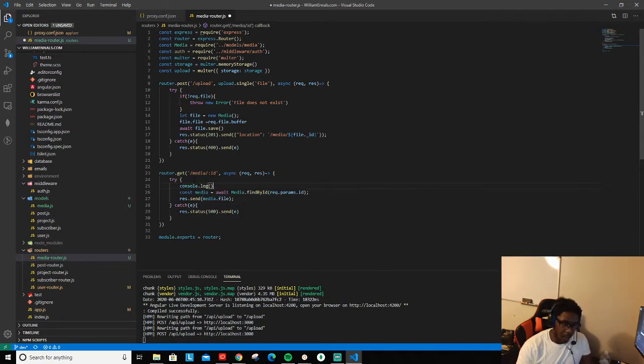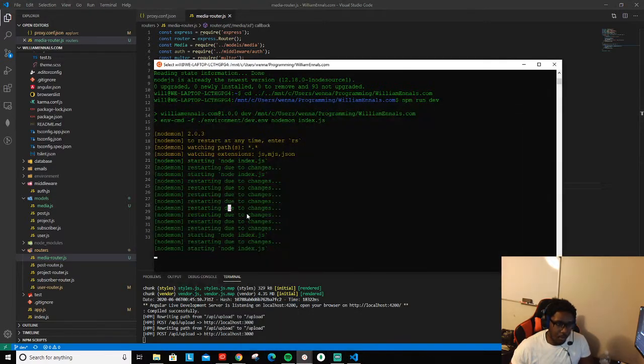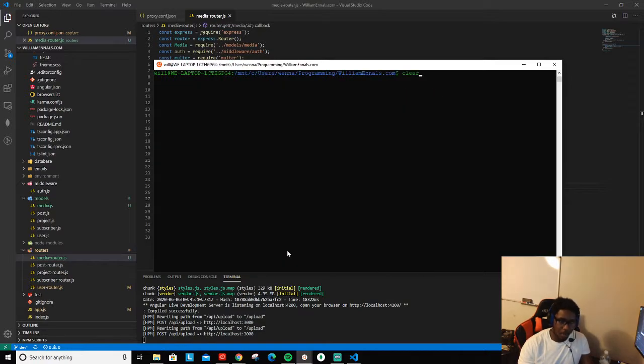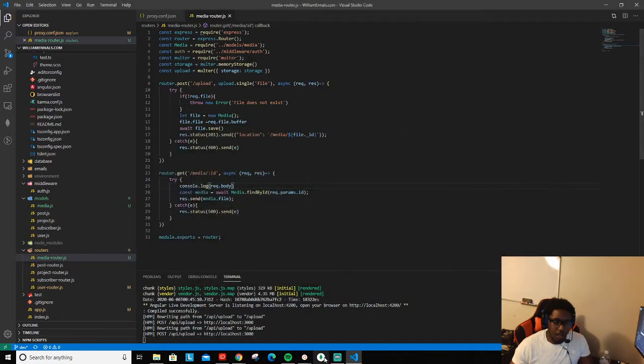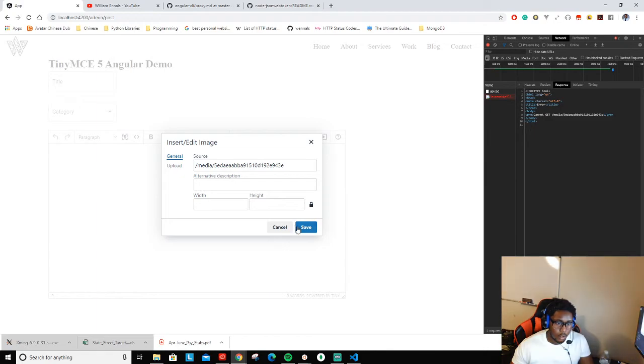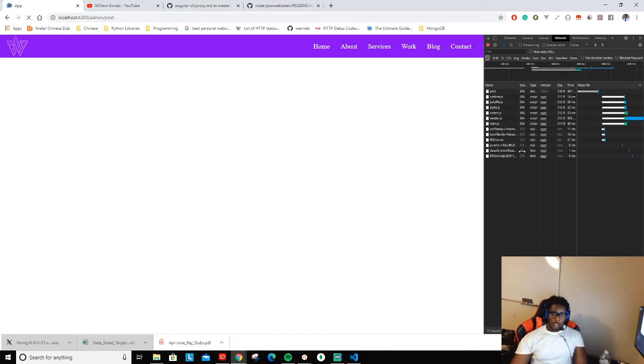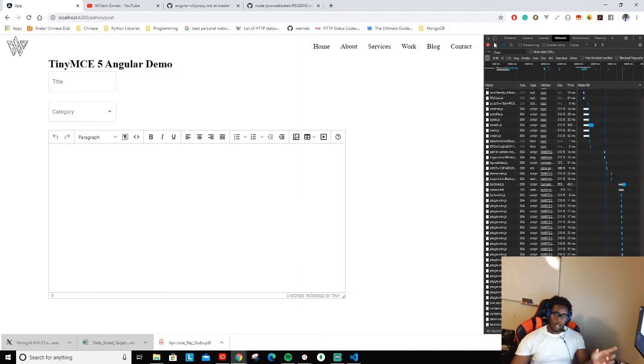Console.log, and I'm just going to do request.body. In the beginning, check to see if this thing is picking up changes. Alright, so that is up. So cancel that, because you see it didn't populate the numbers. That's how you can know that the get failed, because the link came back, but